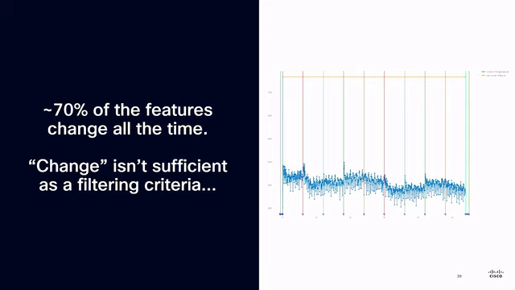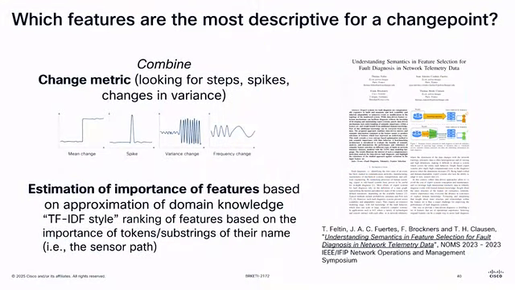And that's actually a hard problem. What do you do if you have a hard problem? You find a smart PhD student to look at that for 3 years of his life. Thomas Felton, a colleague of mine, did that. And so we had two intuitions when we started that off. First, change isn't equal to change. Sometimes change means a spike. Sometimes change means a step function in the amplitude. Sometimes change means a change of frequency.